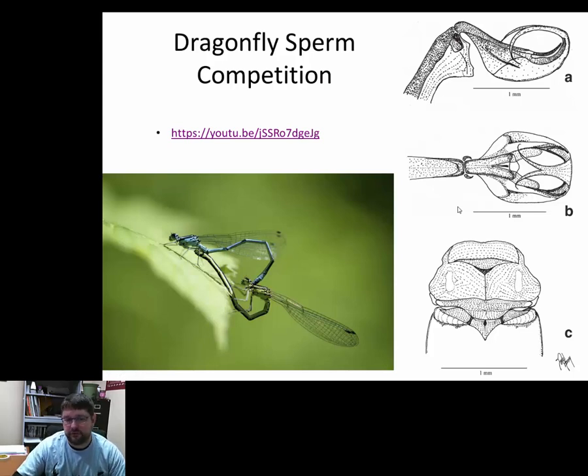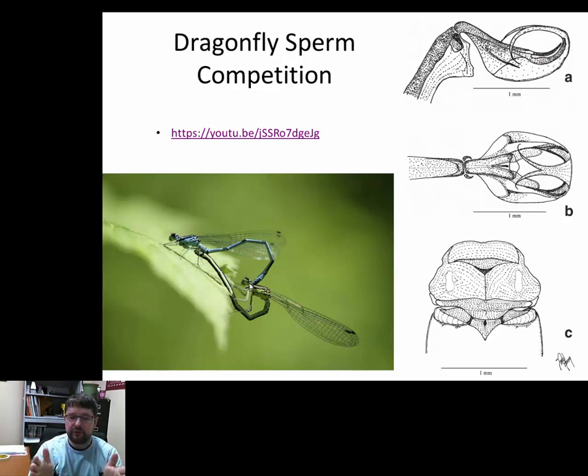Okay, so there you could see the mating ritual of dragonflies. Now, I want to make sure that you understand that these are actually not dragonflies, and the video was not dragonflies either. They're called damselflies, and we'll learn more about the differences between dragonflies and damselflies. Their mating processes are pretty much exactly the same, and their features are very similar. However, just to make sure that you know they're not actually dragonflies, they're damselflies. It's a different group, called Zygoptera.